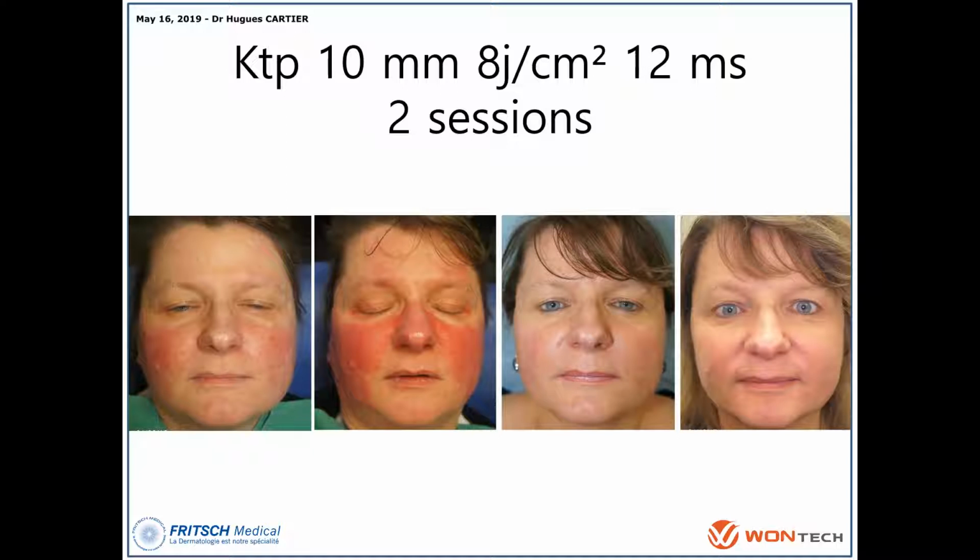So we induce redness immediately, and after, during a few days, some edema. You have to explain to the patient to prevent that, and explain that it is a normal situation. It's not really a side effect, it's common. So you have to explain, but you can see a good result in 2 sessions, and you induce almost maybe a